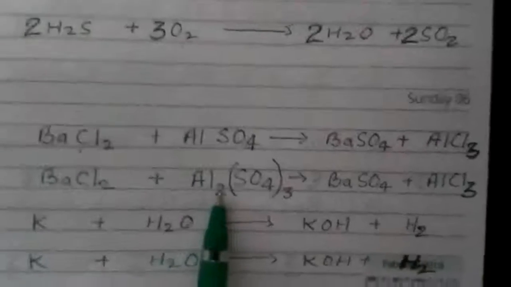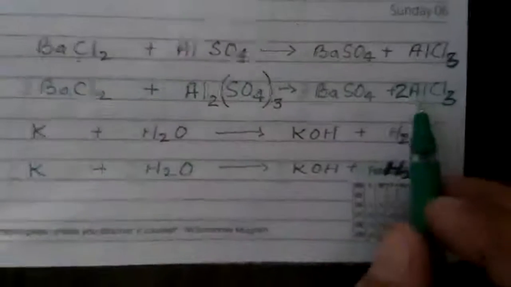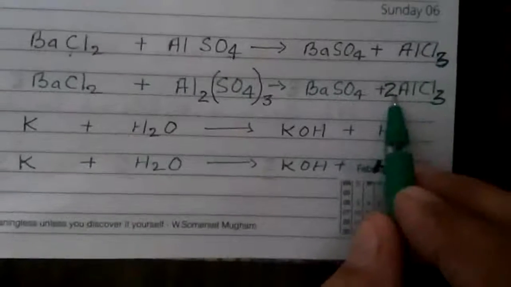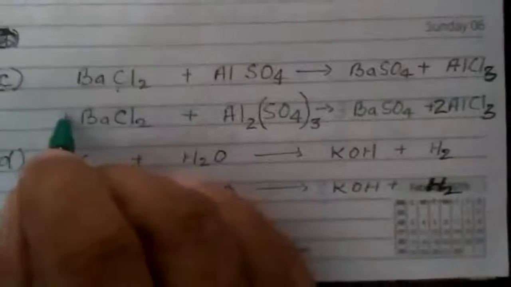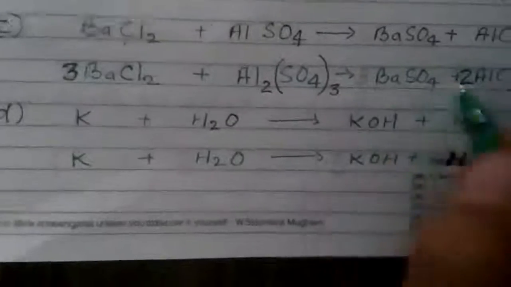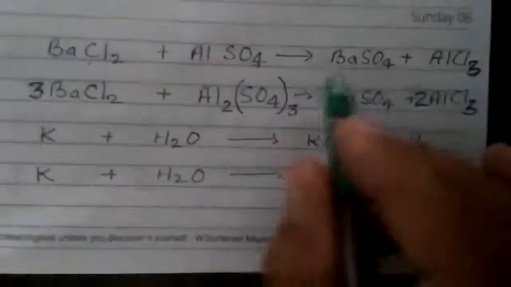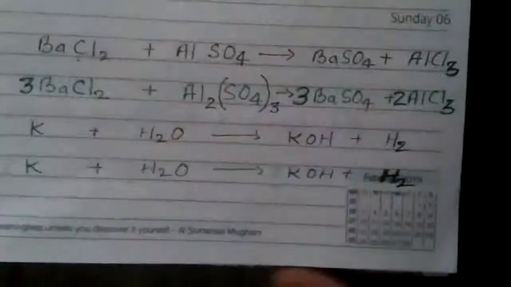We just try to observe here in this equation. Aluminum is 2 here. So it will be balanced by writing aluminum 2 here. So first you write aluminum 2 here. Now count the number of chlorine. 2 threes are 6. So it becomes 6. So how can Cl2 become 6? When we take 3 molecules of barium chloride. So 3 right here. So barium becomes 3. So BaSO4, 1 and 1 parts are there. So make here 3. So when we write 3 here, the equation is balanced.